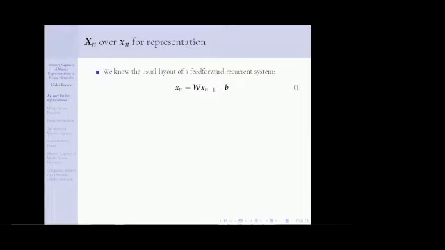First of all, we know that a very basic feed-forward recurrent system works as in equation 1. Now it's quite natural to ask, this is not a neural network. This is a recurrent system. There's no non-linearity here. Non-linearities are part of neural networks. So in that aspect, this is not a neural network. This is just a recurrent system. It takes inputs from the previous state and produces output in the next.